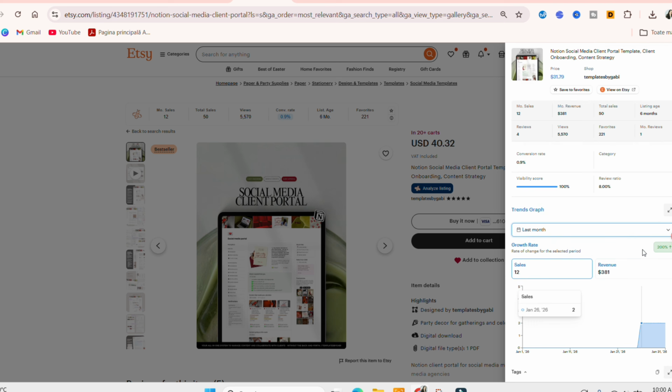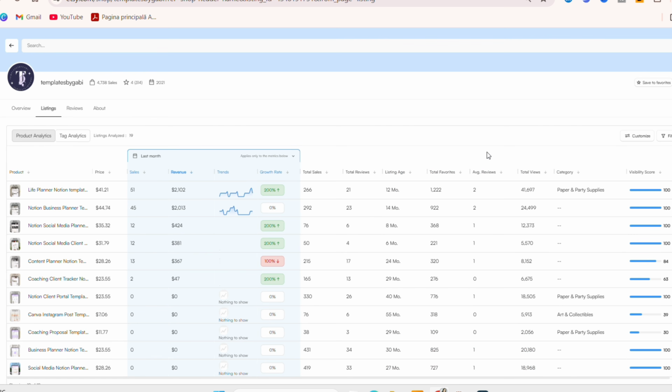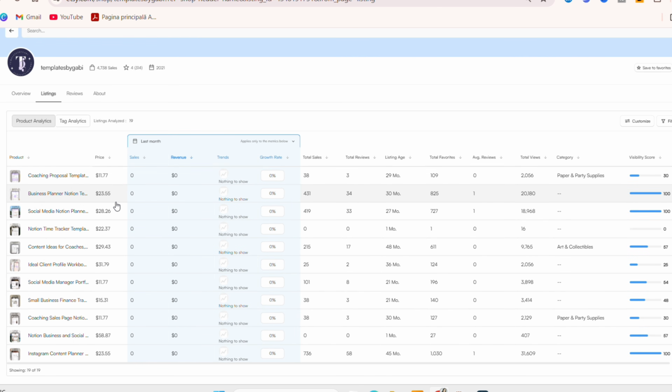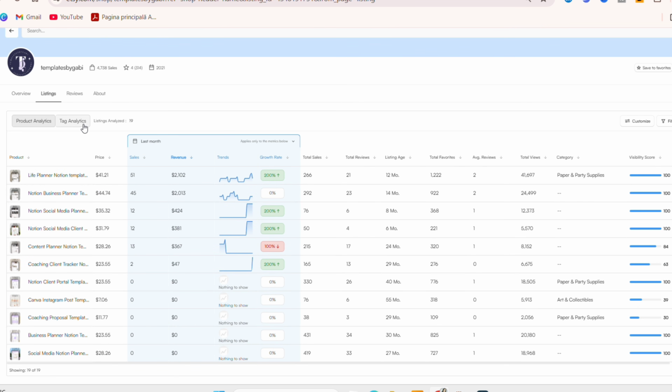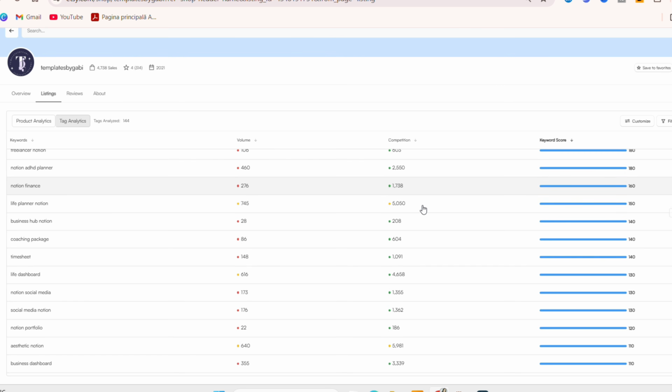And then if you analyze the shop, it also shows you other products that are selling really well. And as you can see, a life planner Notion template is selling really well as well. So you can see here that is making over 1,500 euros per month. So this is what you need to do first, is go see the products that are already on the platform,